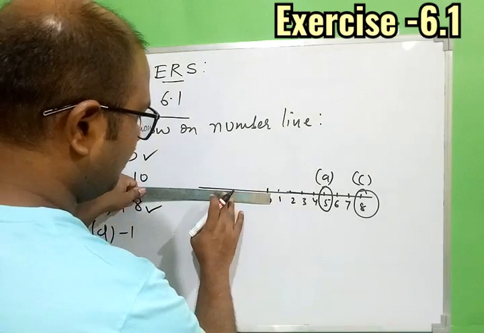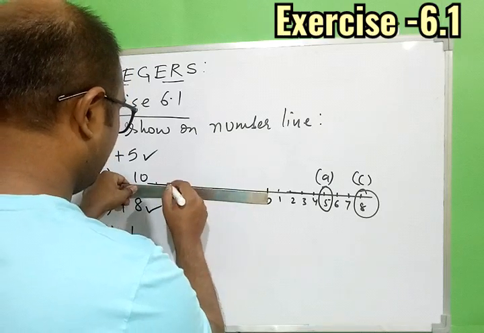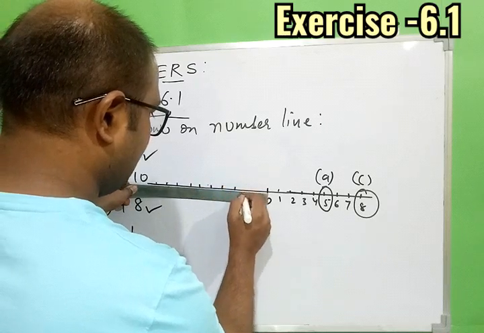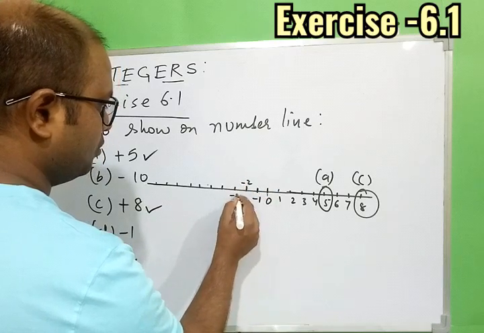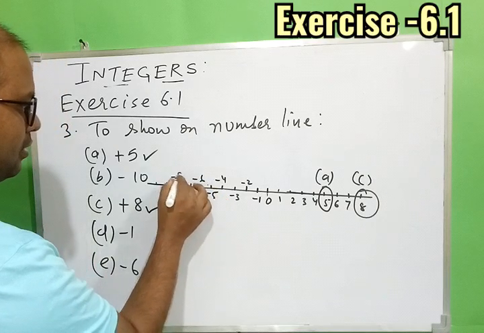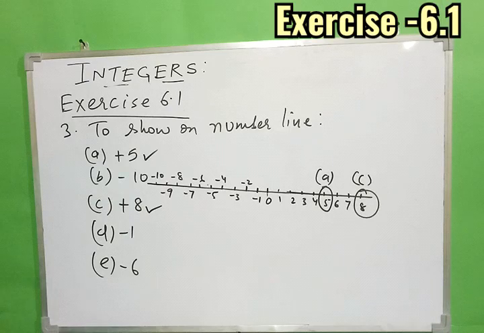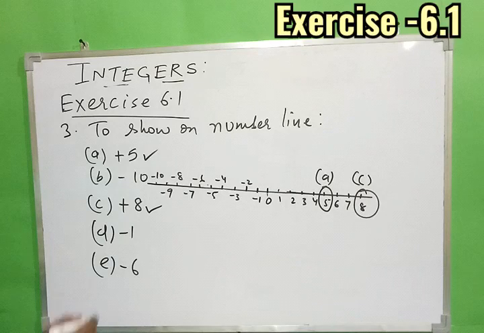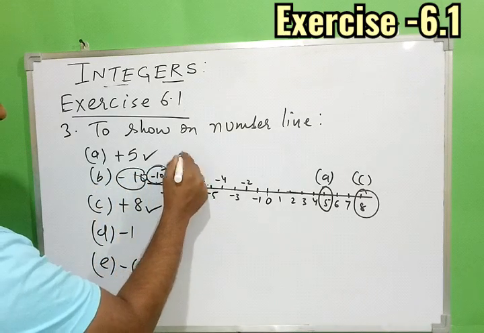So let's see if I will be able to fit. Yeah, I can do it. So very first do it. 1 2 3 4 5 6 7 8 9 10. So this is minus 1, minus 2, minus 3, minus 4, minus 5, minus 6, minus 7, minus 8, minus 9, minus 10. So that we can write down also. If the things are very congested, then you can write at the top and the bottom. Now what we have, minus 10, and minus 10 is here itself, that is your B part.